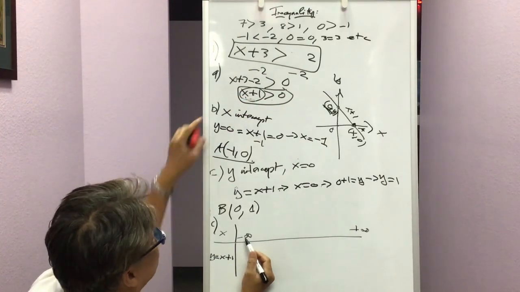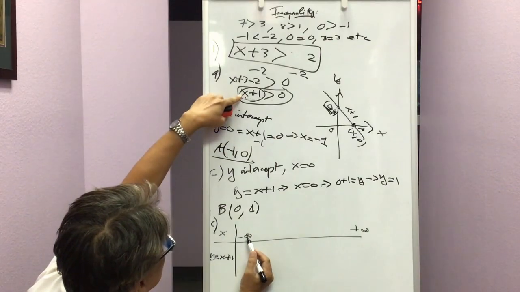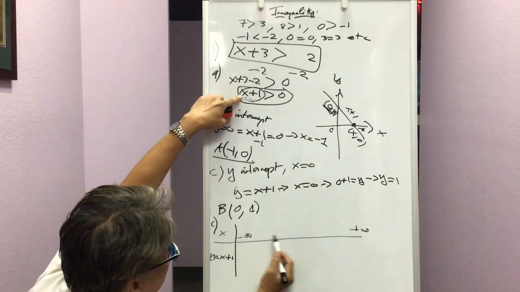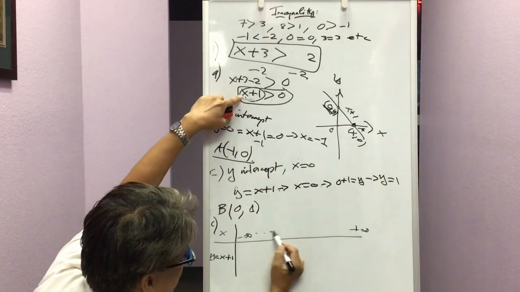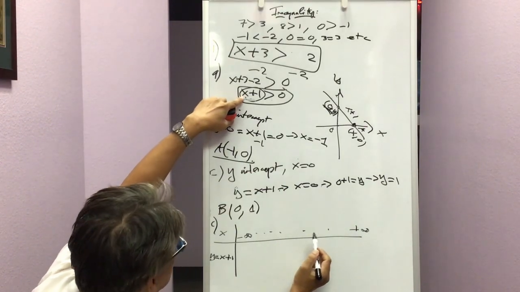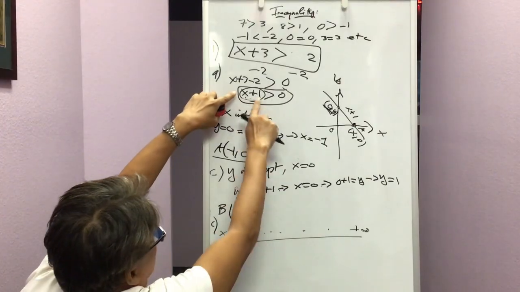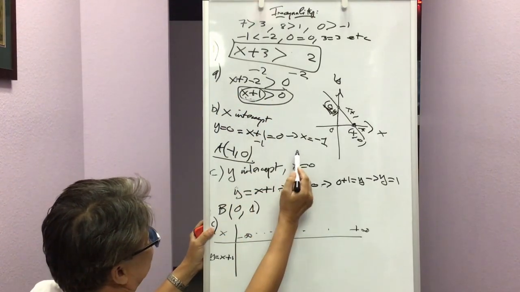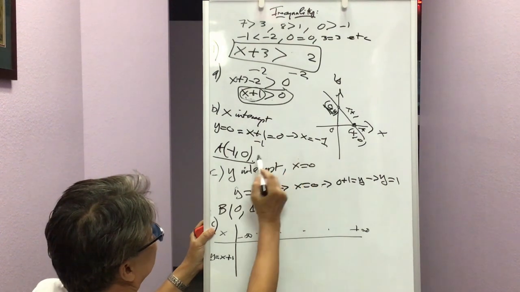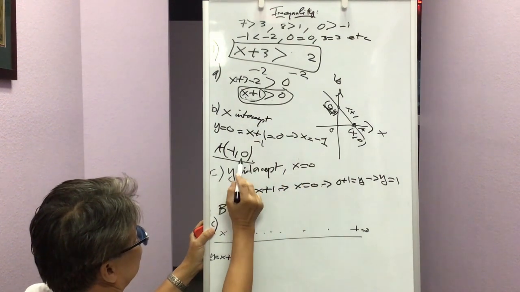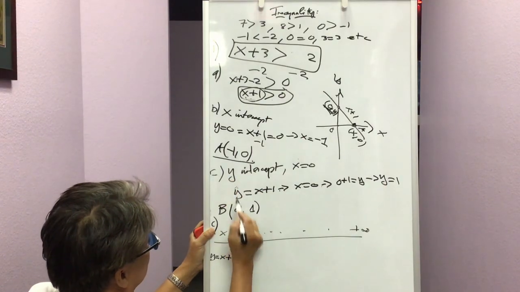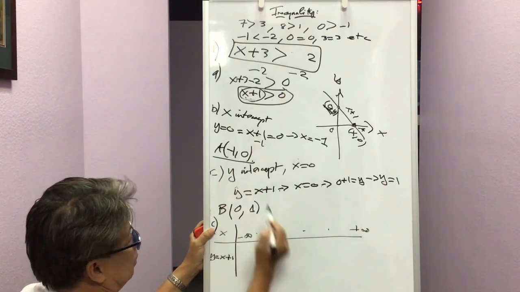Okay, so the value of x, the domain of x, runs from negative infinity to plus infinity. In this, we need to find the value of x such that the whole x plus 1 is greater than 0. In order to do that, you plug it in right here, the x intercept and y intercept. So when x equals negative 1 right here,